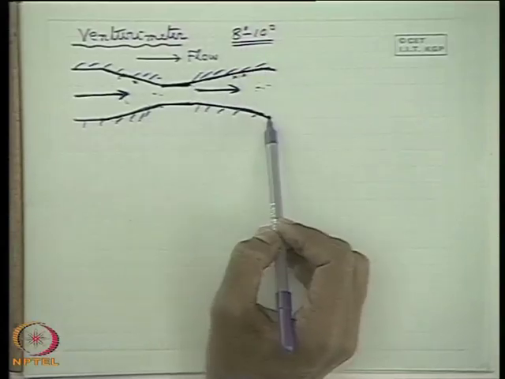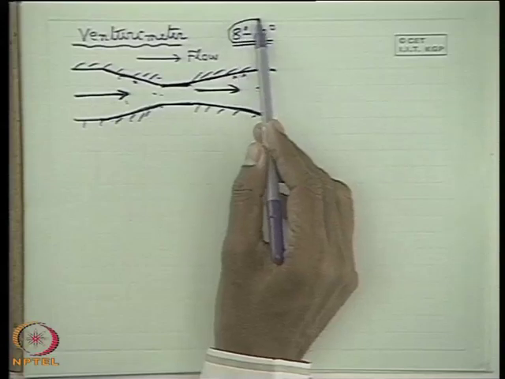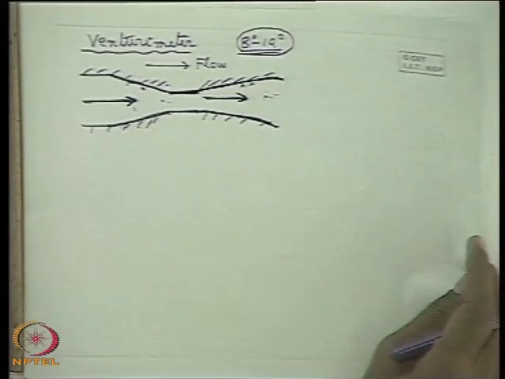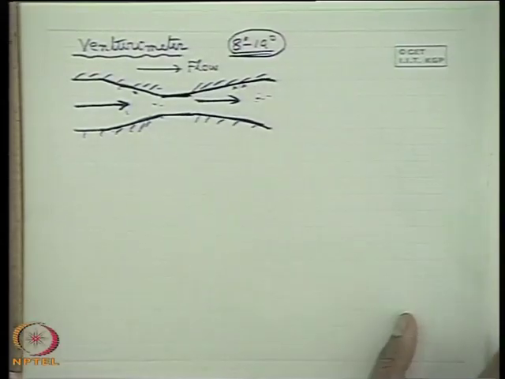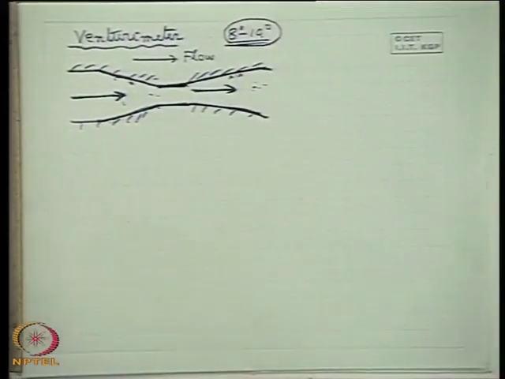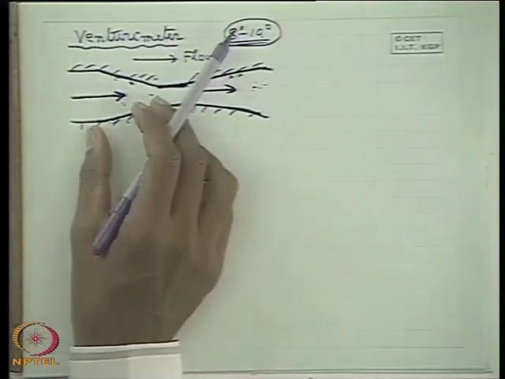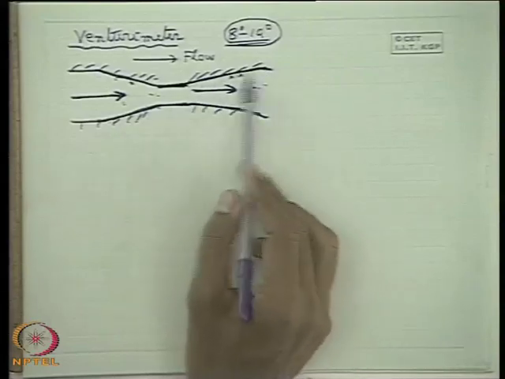Whenever there is a divergent duct in a hydraulic circuit or a fluid circuit, the angle of divergence should be limited to 8 to 10 degrees. You understand? 8 to 10 degrees, so that the separation loss is minimized. This is the reason the upstream part corresponds to a rapid, higher cone angle or a shorter length, and the downstream part corresponds to a lower cone angle, higher length.